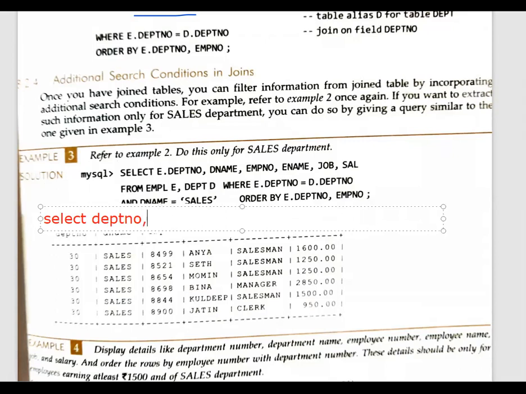Then the second is department name, so we are assuming that it is D name. Then the third thing is the employee number, EMP number. As I said, you can take any column name, so it was not a big issue. Then they are asking employee name, so it is E name. Then comma, they are asking the job and salary. So whatever columns they are asking, we display them separated by comma.